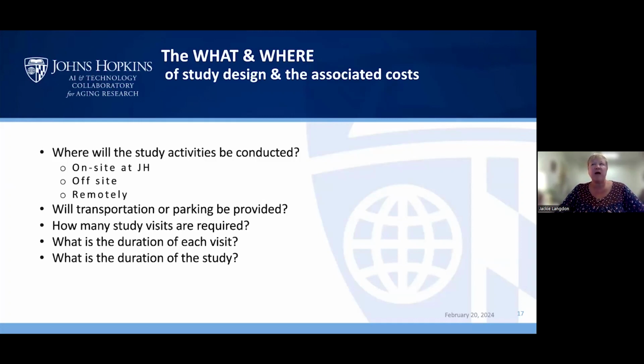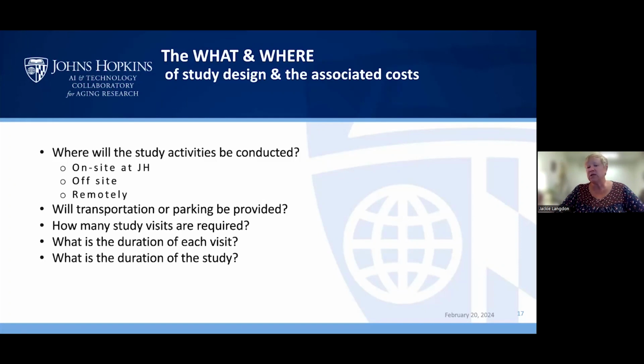I will just bring back, if you're looking at multiple universities or multiple entities doing your research at places, you may have to go back and do that reliance agreement, have a single IRB to satisfy all the locations. Depending on where things are located for your study and who you're recruiting, you should consider providing transportation